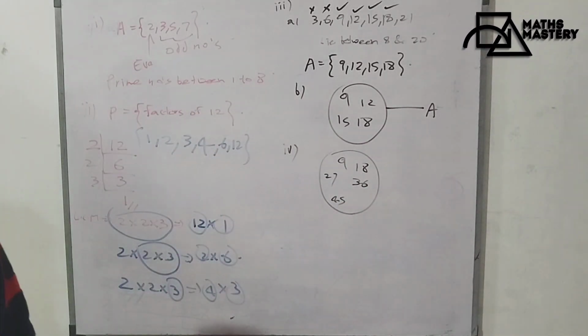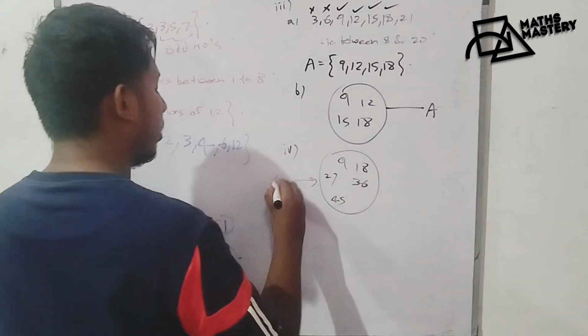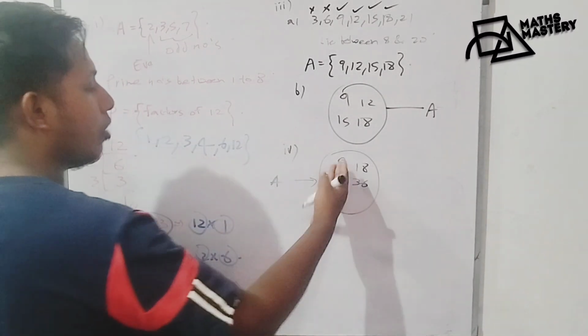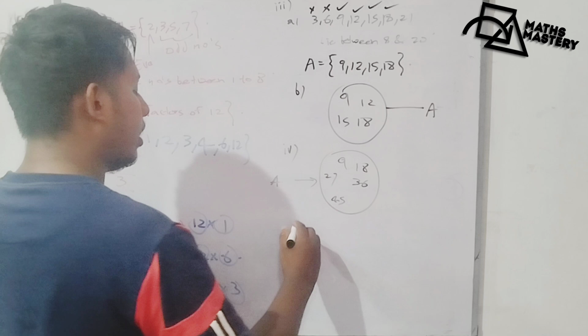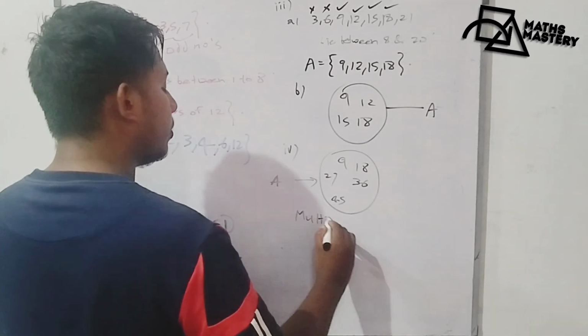So this Venn diagram is represented by the letter A. They are asking us the common property. What is the common property, students? By looking at this, you can tell multiples of 9, right? Multiples of 9